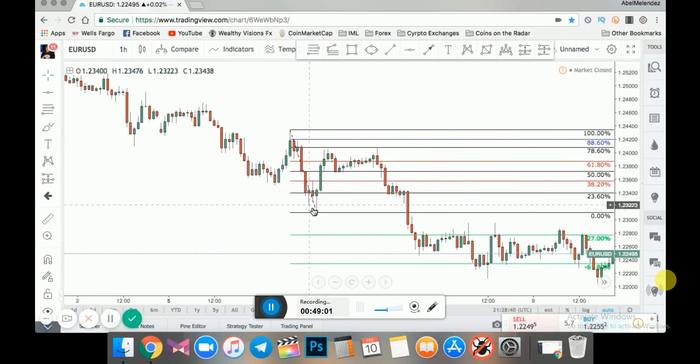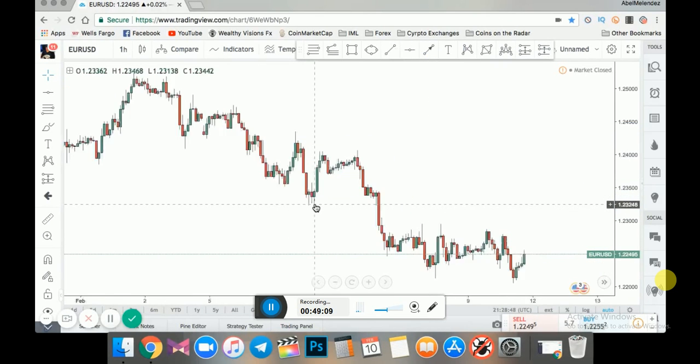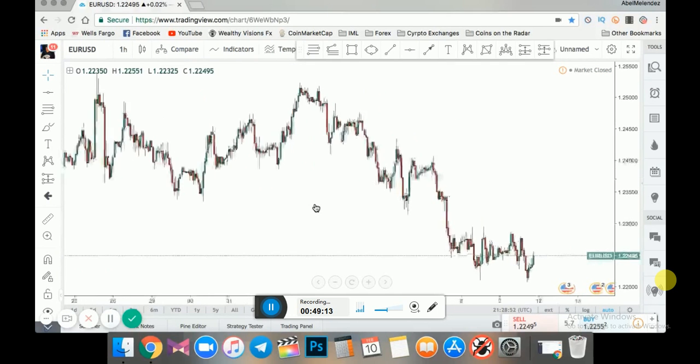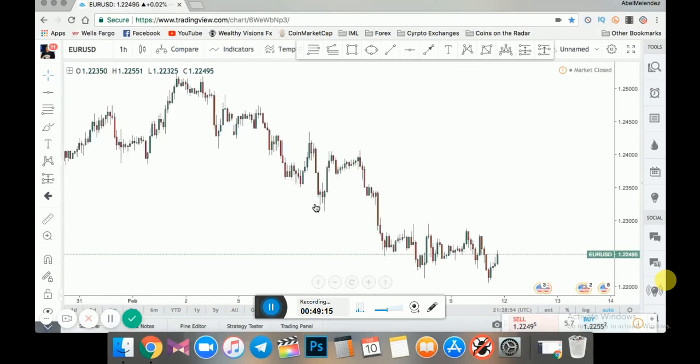We wait for the retracement, okay? Look, it played around the 61.8 until it finally dropped. And it dropped quite a lot. It's that simple, guys. You can use it on any chart, any currency pair. It's very, very effective. It's the only thing that you guys will see me use,